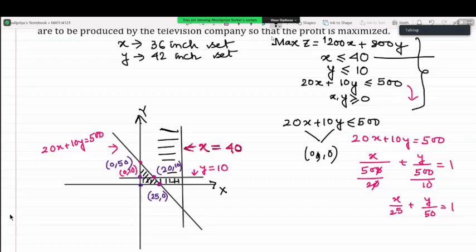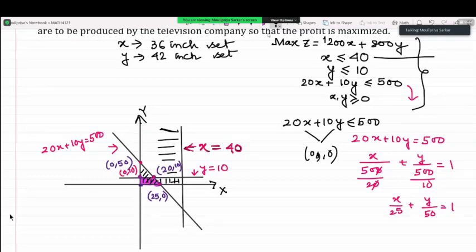Correct? Now tell me, which is the region that is being satisfied by all the three inequalities? The trapezium. Exactly. That implies, if I use a color, this is the region that is being satisfied by all the constraints, or all the inequalities. So this is the basic region where we are interested.